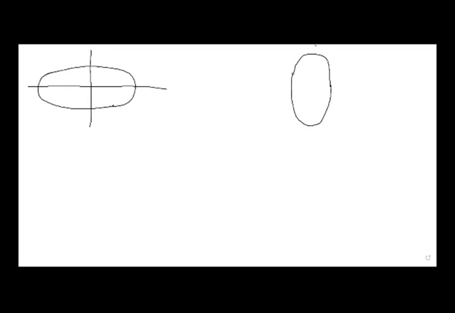Using the standard equation we can understand. So see, this is the standard equation of ellipse: x squared by a squared plus y squared by b squared is equal to 1. But here in this case, a squared will be greater than b squared. So we'll understand that here the major axis